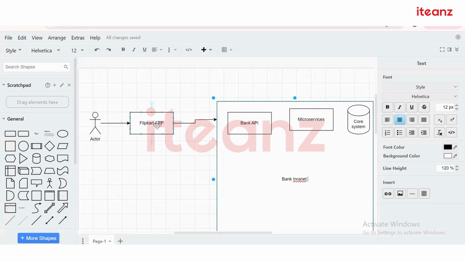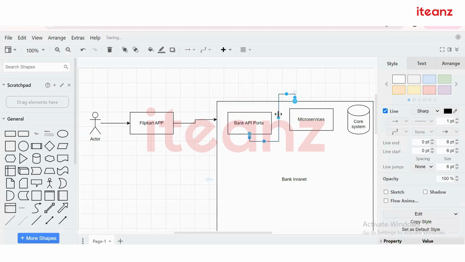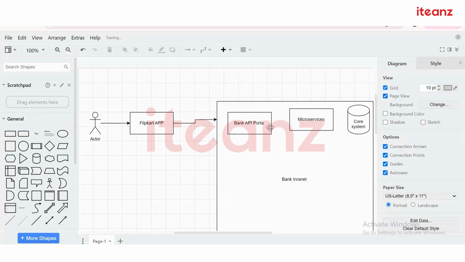Now the actor, the Flipkart app. Now you have created one bank's APIs as a portal. Bank API as a portal. The portal that you have created, the APIs, product and portal that you've created, is at the backend. What basically you are doing? You are calling